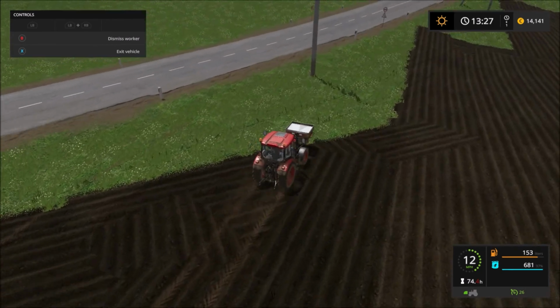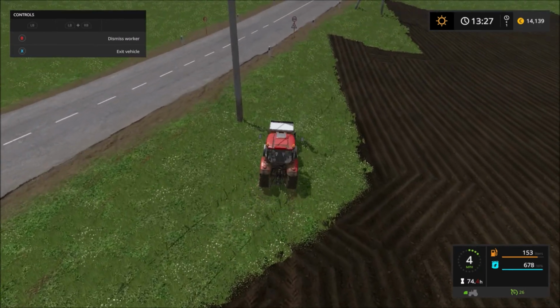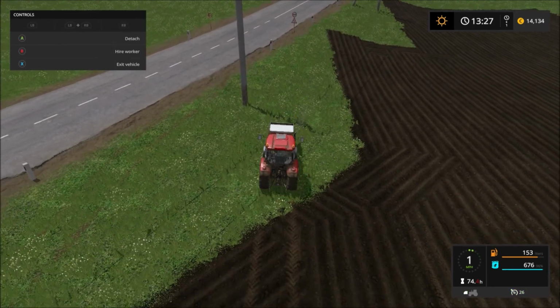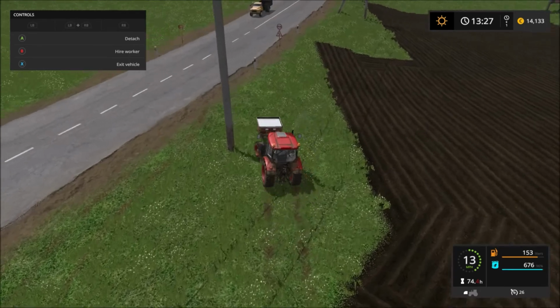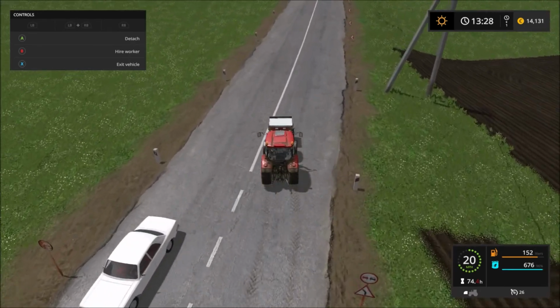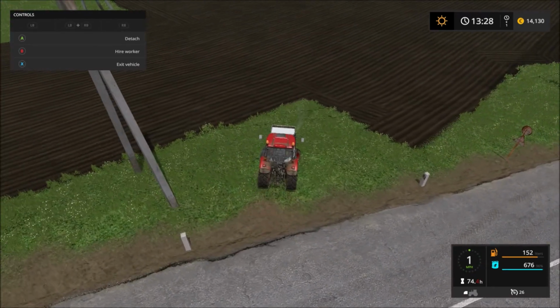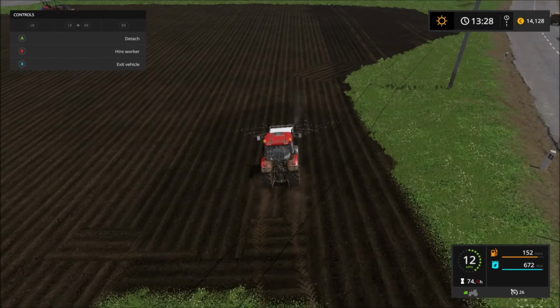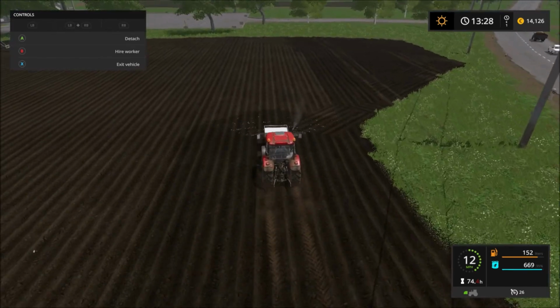Right, let's see how he gets on now. He's going to stop right here. Is he going? Oh no, that wasn't too. No. In fact, I can see why he's confused. We'll give him a little bit of a helping hand, and I think this is really what you need to do if you want to keep your workers efficient, really ultimately efficient, is to just check on them,